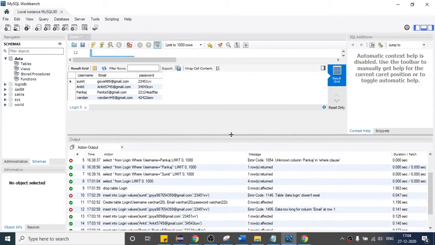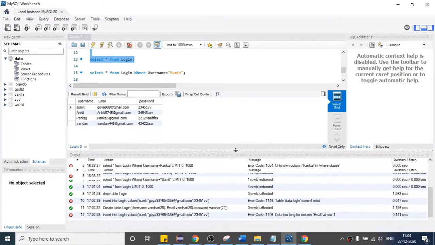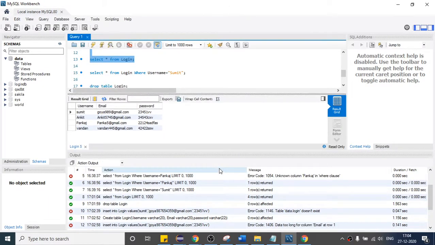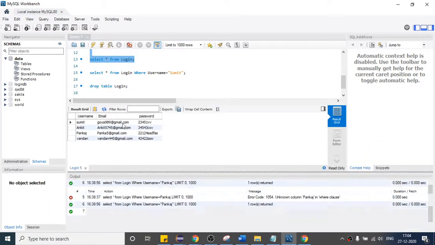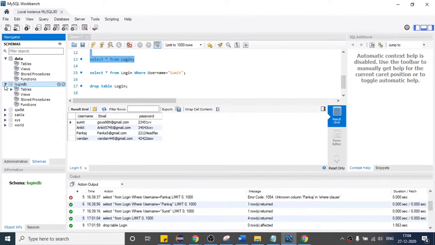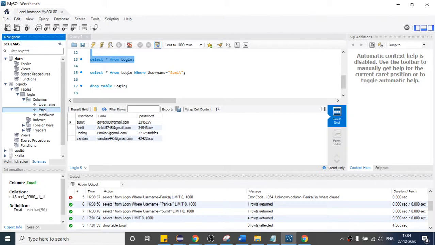Yes, sir. Okay. So you can try this, right? I will share this code on how you can create the table. You can write some other tables, like you can create here. I have created one table. If you see, here I have created the table having username, email, and password. So you can create your own table, and after that you can practice.